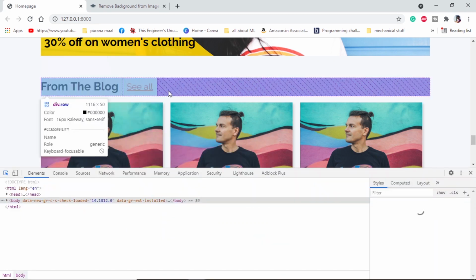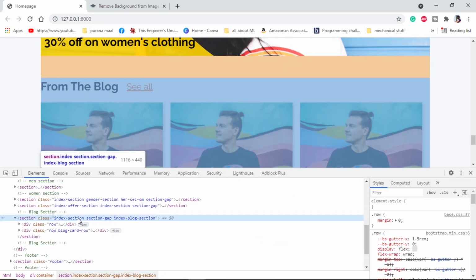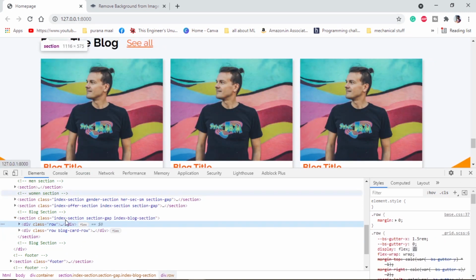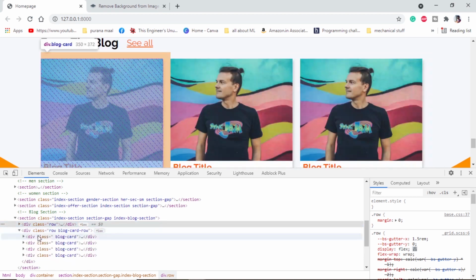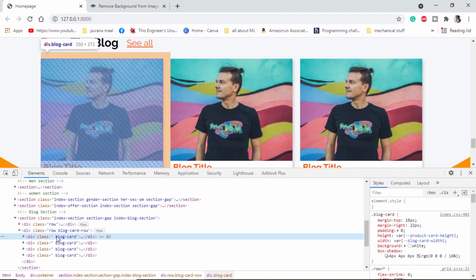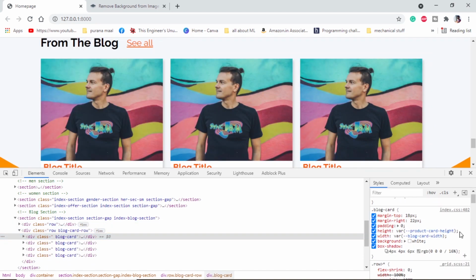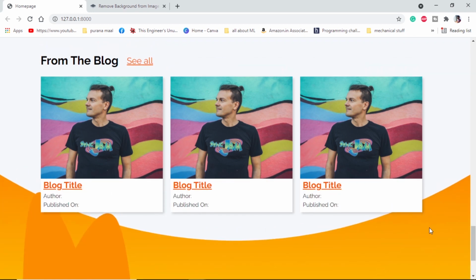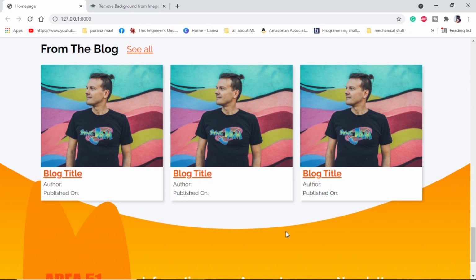If we check this section, we can see this is the main section. Inside this we have a row for heading and button. Then we have blog cards. If we check an individual blog card, for the height I have used the variable which was being used for the product card, but for the width I have added one more variable which is blog card width. So this is how we can add the blog section,